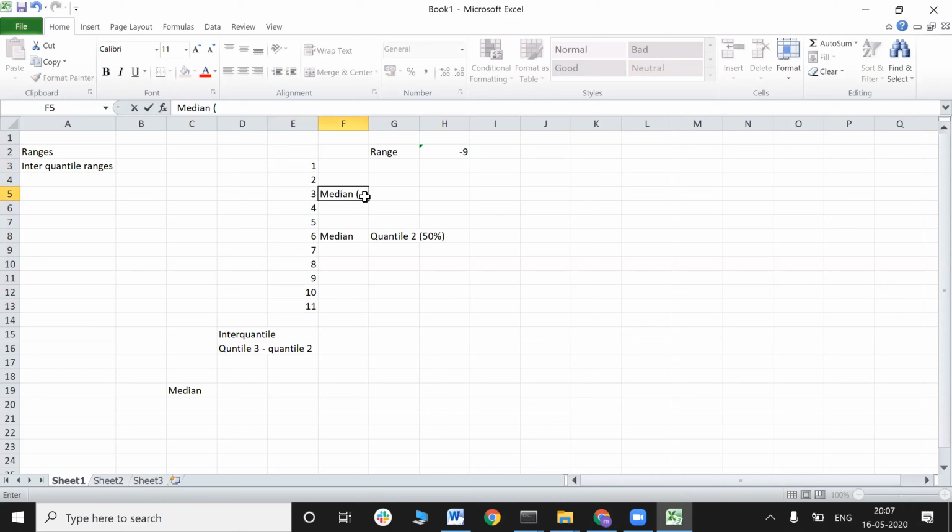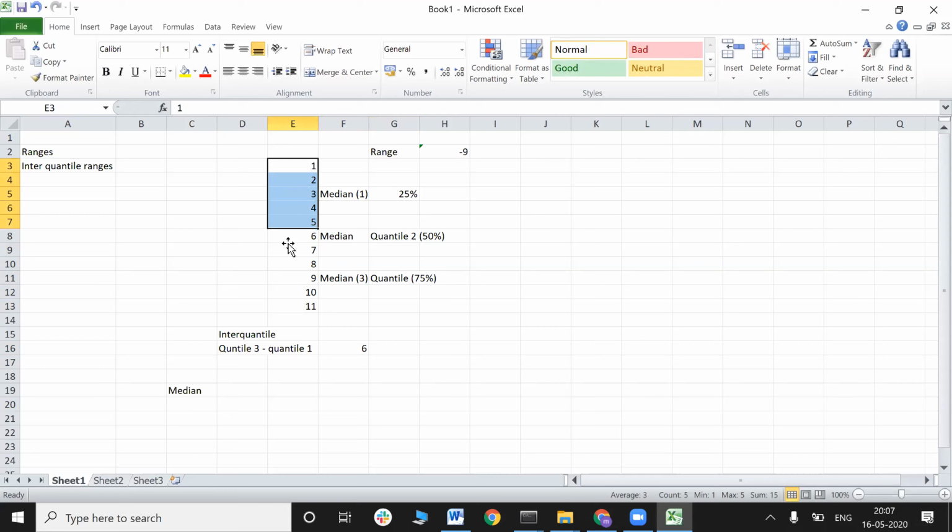So this becomes my quantile number 1, which is 25% of my quantile. Again, the mid of this is nothing but this number, so this becomes my quantile number 3. That is becoming my 75% of my quantile. Are you getting me? Now, if I want to find a range of it, the quantile range can be 3 minus 1, so 9 minus 3, that is 6. So my quantile range will be 6.